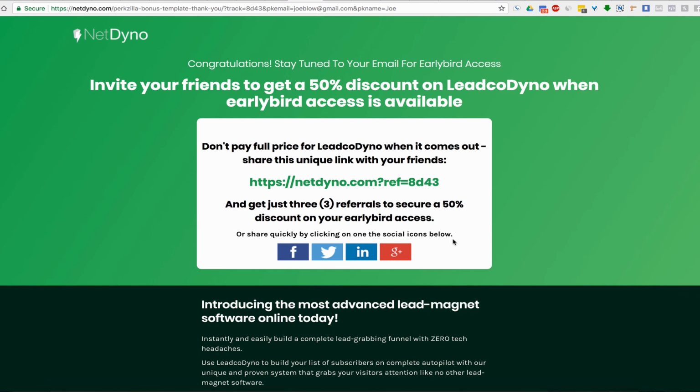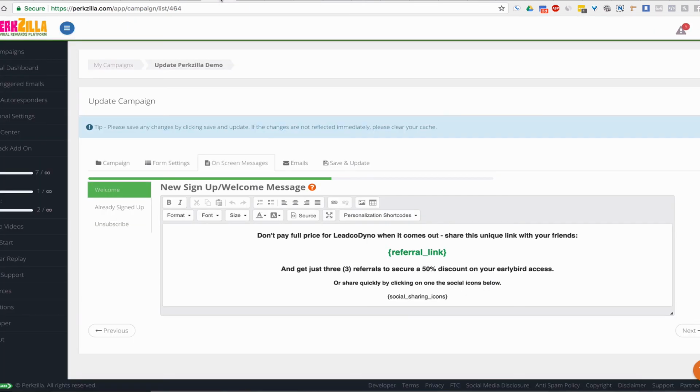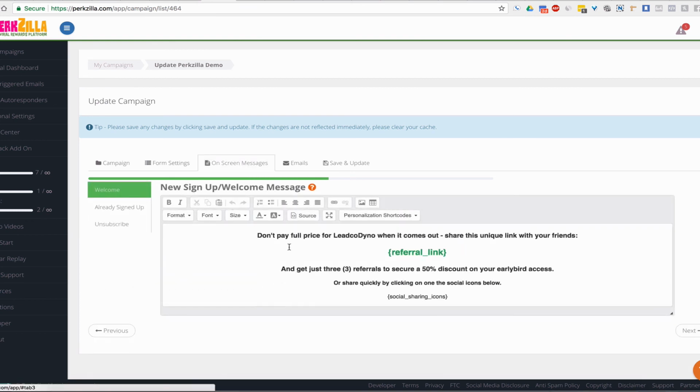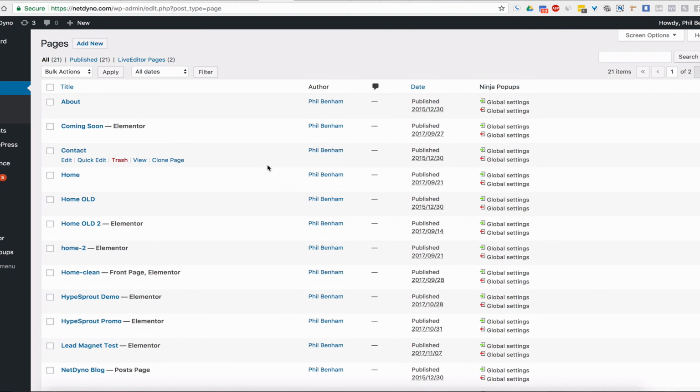So hopefully that helps. It looks like we've gotten both of them up and they're both running. You know how to change the colors. You know how to change the content. You know how to put your PerkZilla codes on both those pages, the landing page and thank you page. You know how to modify the form settings here. You know where the on-screen messages are coming from, what's going on there. All the rest of the stuff is very specific to PerkZilla, and I won't go into that. They have plenty of training themselves, but this is for your templates that you received when you purchased PerkZilla through